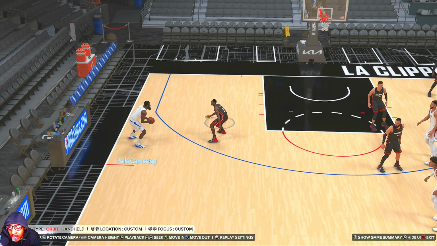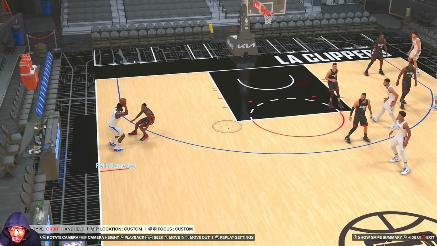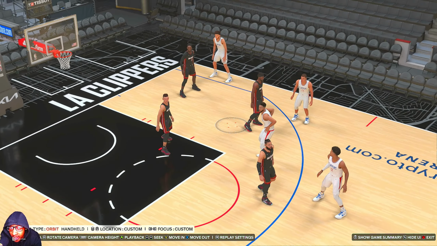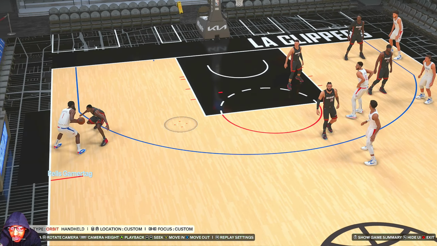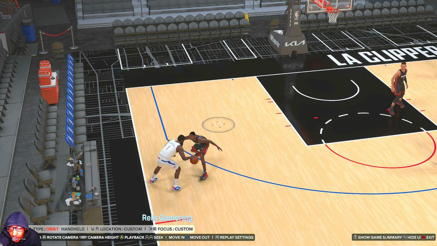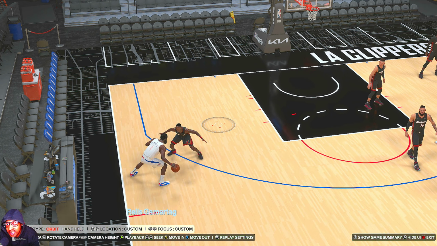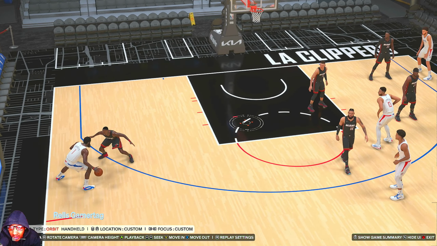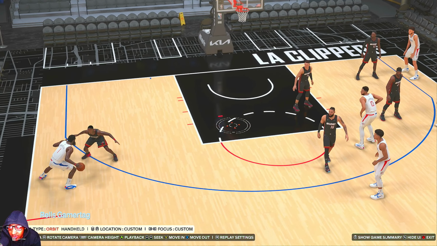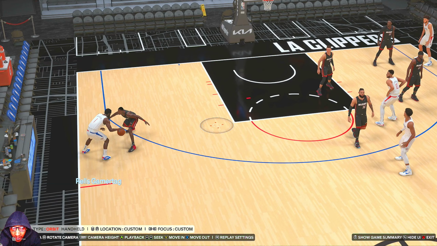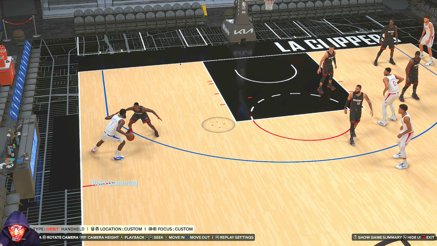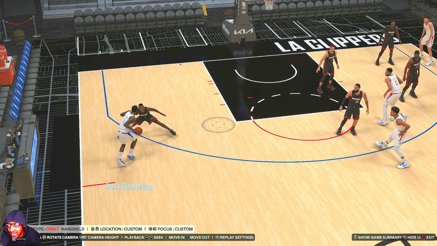A lot of times you'll have this 3. But if you don't, like I said, the play goes into an ISO. So everybody will just stand in their spots, and you got this whole side of the court to work with. And like I said in the other plays, you usually have like 4 or 5 seconds before they start moving again. So if you don't make your move, or you just want to reset the timer,